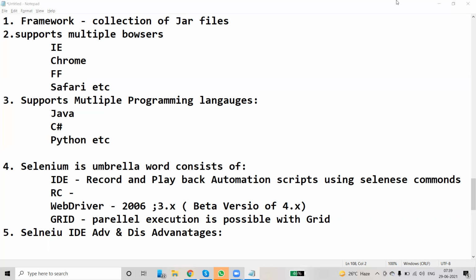Sir, without knowing the manual testing methods, the